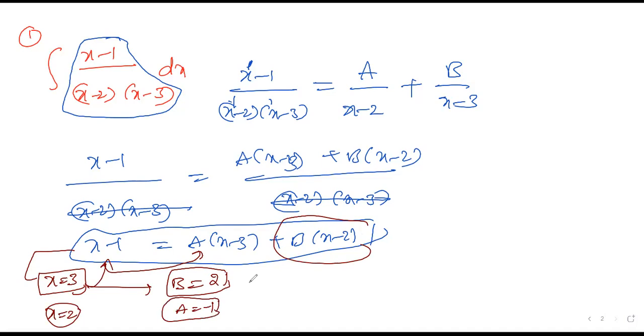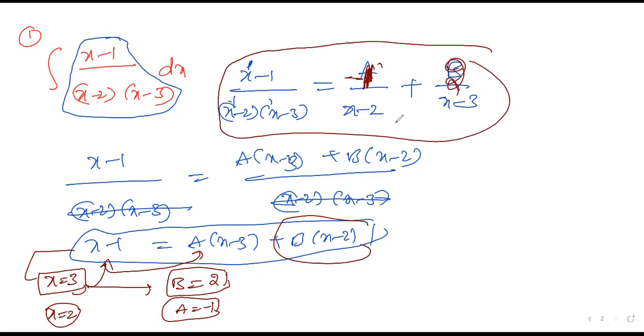No. Clear? Right. Then you rewrite the question, it is a is equal to minus 1, right? Minus 1 by x minus 2, b is equal to 2. Clear now? Yes, sir. This is a place you have to write as it is. Okay, now continue the question in the next page. You have to remember the values of a and b.